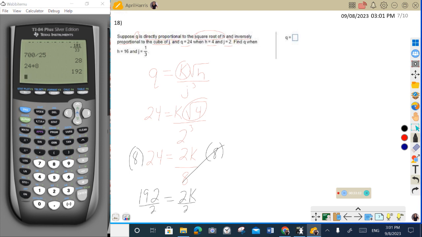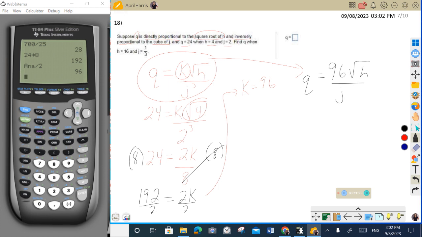Now, if they had asked you to find the constant of variation, you just did it. But they did not. They ask you to find Q when H is blank and J is blank. So you're going to go back and use this equation. Now we got Q equals, we know K is 96. And where the H and the J are, you're going to plug in H, you're going to plug in J. So Q is going to equal 96 times the square root of H, H is 16, over J cubed, so that's